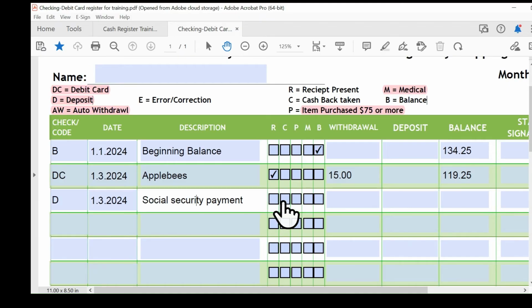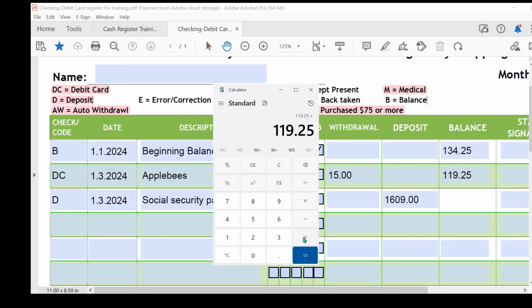We don't need a receipt for that. None of these actually apply because this is a deposit. But we're going to go over here. We're going to go into this deposit column and we're going to make the deposit. So let's say the person got 1609 deposited into their account, and then you're going to come over here. And again, we're going to grab our calculator. And we're going to take the 119.25